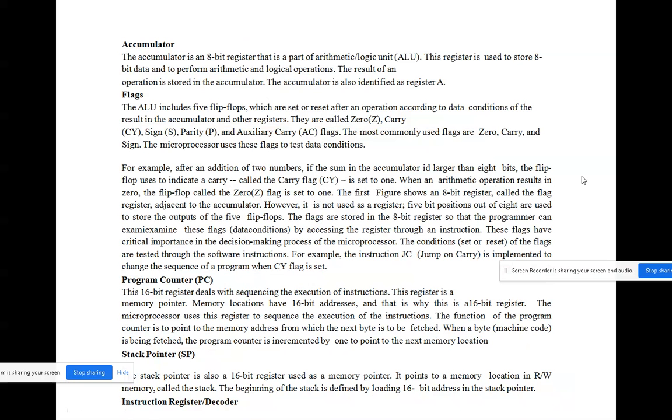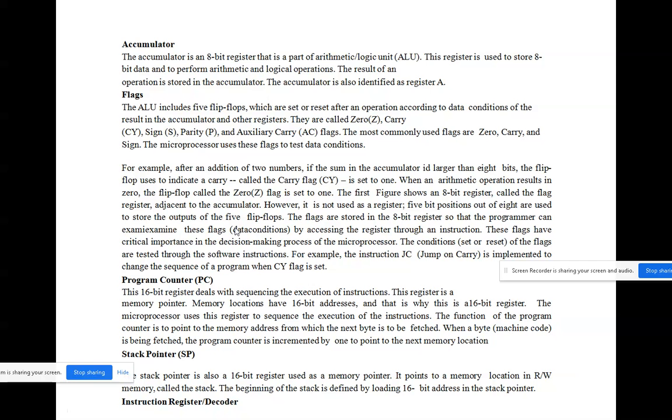Then the accumulator. I already said that the results of all the arithmetic and logical operations will be stored in the accumulator, the A register. Then the flag register. In the flag register you have 8 bits.